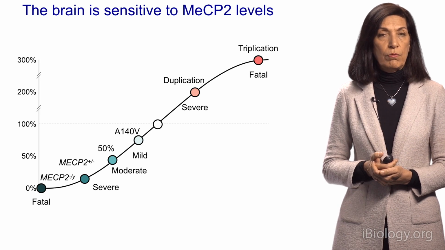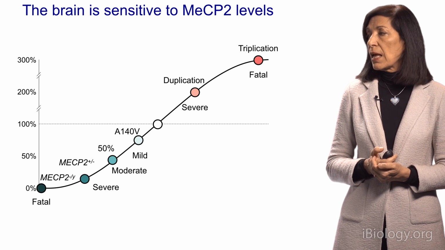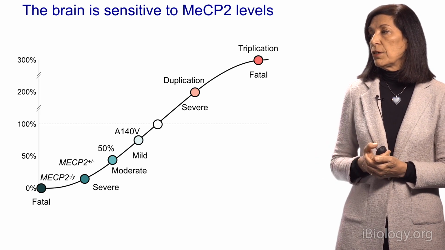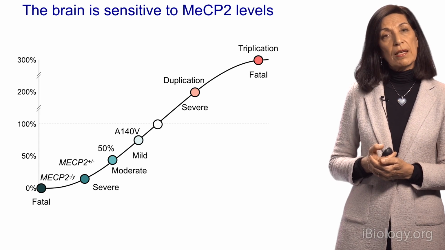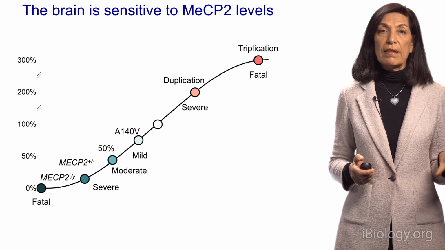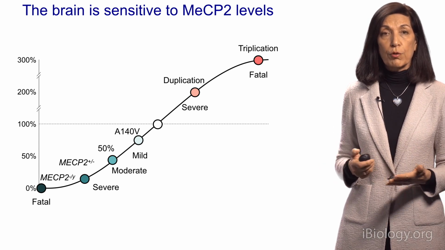No child can live if they have none of the protein. However, if one moves a little bit further, you'll see the females that are heterozygous, they lack the protein in 50% of the cells,